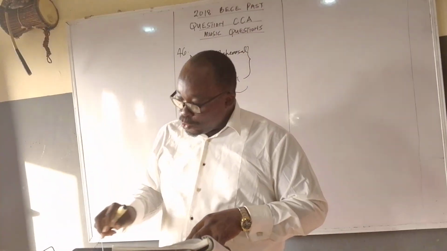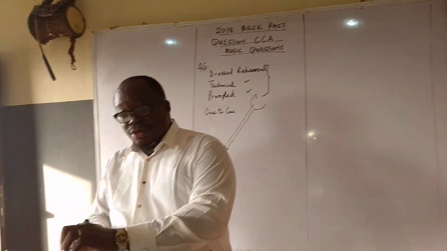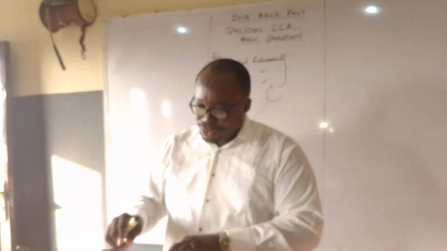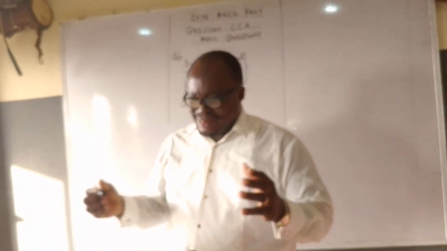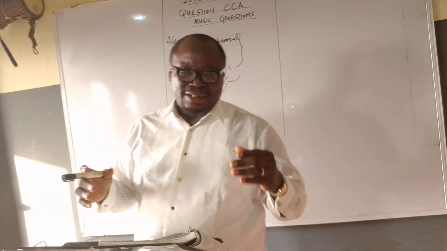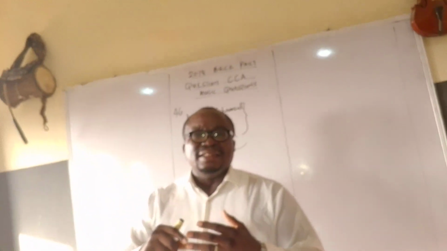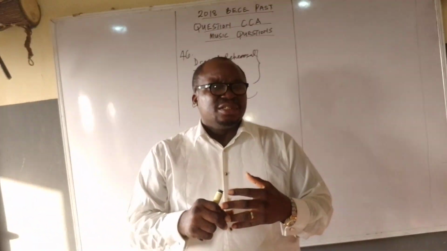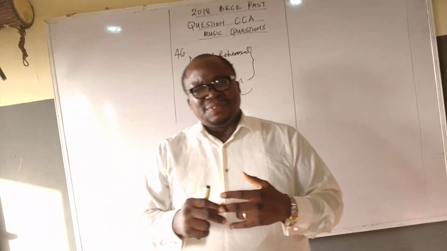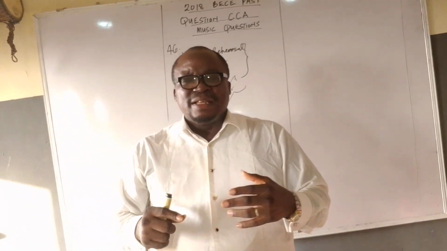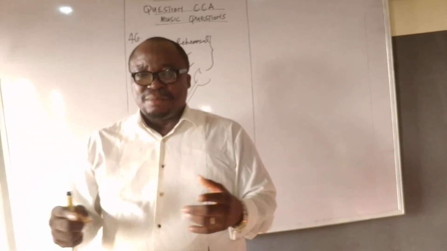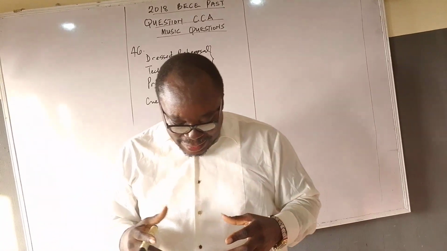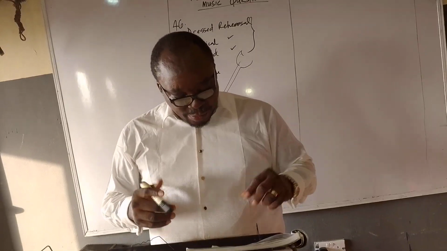The next one is question number 60. I hope you are following. Question number 60 talks about time signature. Fantastic topic. This topic reflected in the JSS scheme, JSS 1 third term or thereabouts. No, JSS 2 third term. It reflected in JSS 1, I think, second term. It also reflected in JSS 3 second term. It's a topic that took most of the scheme. It's the JSS scheme.